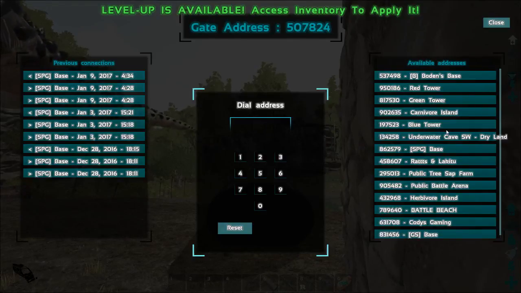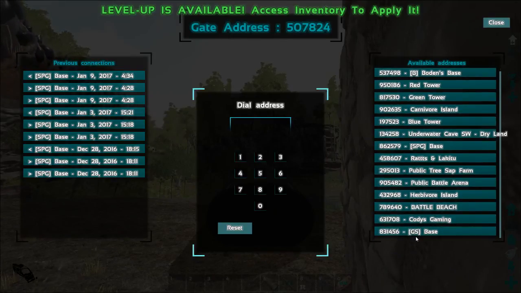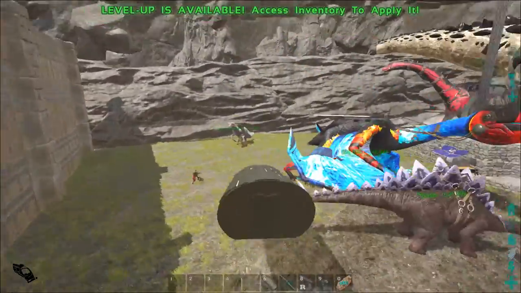Also, since we can do right click, let's just have a look at the stargates we have. So we have Bowden's base. Underwater cave, that's where we usually would get pearls and stuff like that. My base, Rats and Lucky Do from the Crazy Misfits. A lot of public stuff. Cody's Gaming and Game Shark. Herbivore Island is Tank. And we're missing quite a few gates here. Alright, well, we're gonna fly around anyway. That's what we got this ship for. So let's...